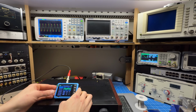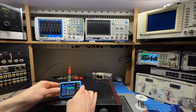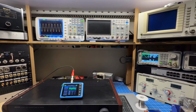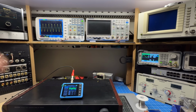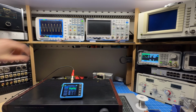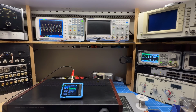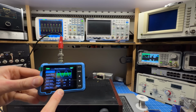So I did end up confirming that when this one says 1.0 volts, it is outputting 1 volt peak to peak. The way that I did that is I have this hooked up to one channel of the oscilloscope and my signal generator set to 1 volt peak to peak, both at 1 kilohertz. I fed them into the same scope, and the amplitudes are the same. Right now they're perfectly overlaid, but there's a slight phase discrepancy, so they're slowly moving away from one another in time. But the amplitude is correct, so this is actually 1 volt peak to peak when it's set to 1.0,